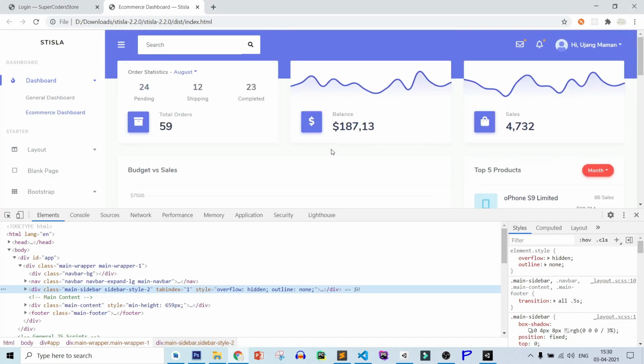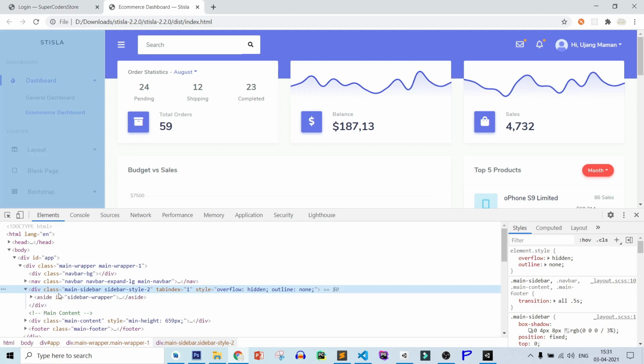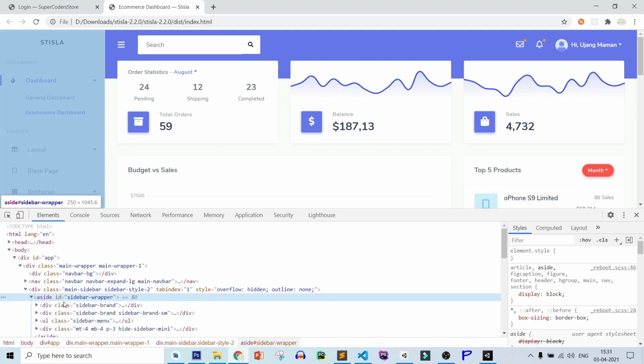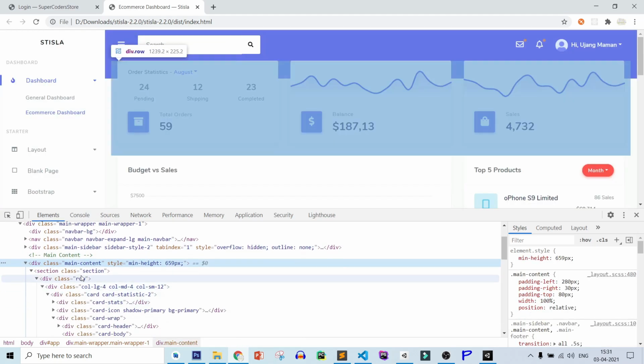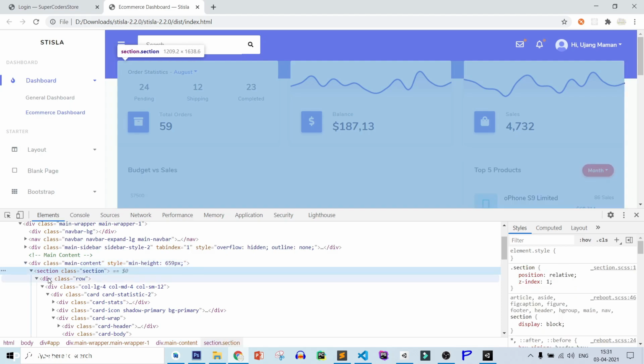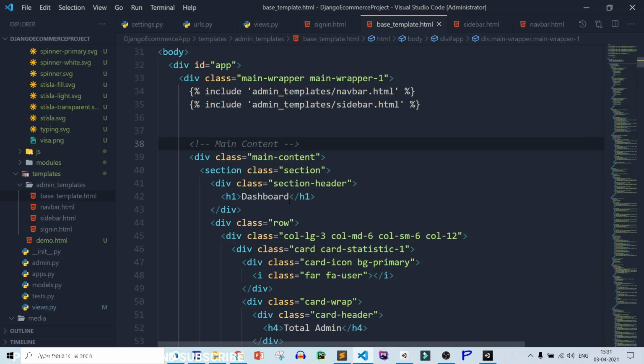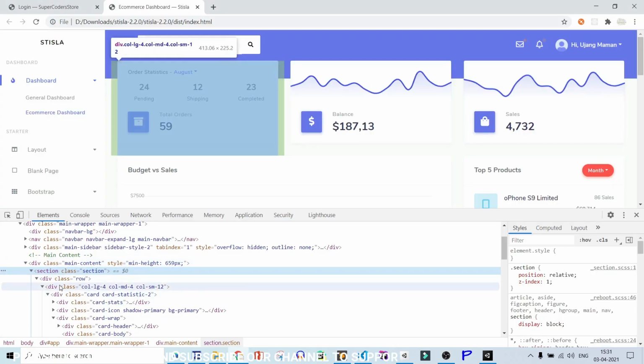Now after that main content. So let's see what it contains in main content. Open it. Okay, sidebar. This is main content. Section header.